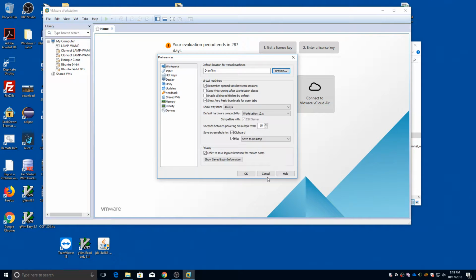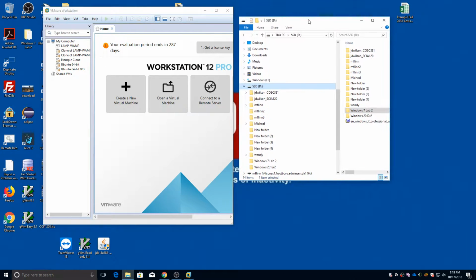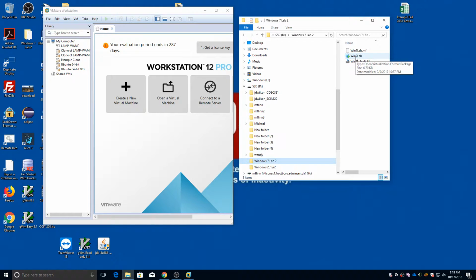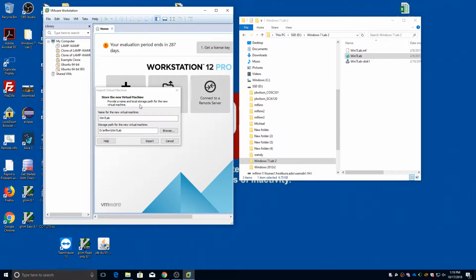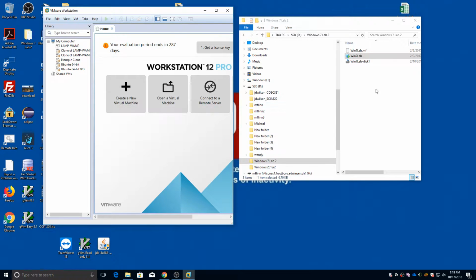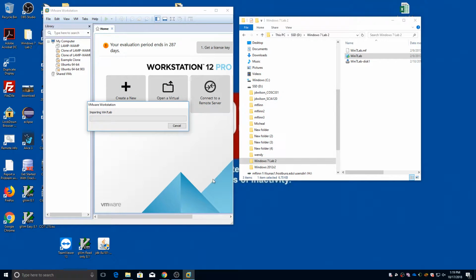Okay. So after we've done that, we're going to find that Windows 7 Lab 2. You're going to go inside of it and double click on the Windows 7 Lab, not the disk 1, that's the disk file. Double click on that and it's going to import it for us. See how this pops up and says, do you want to import that? Well, as a matter of fact, I do. So when I click on import,